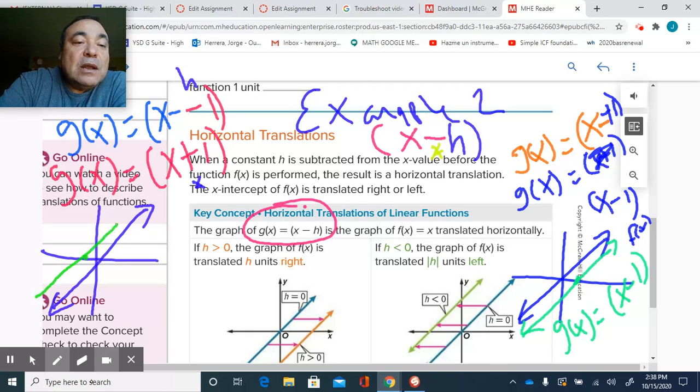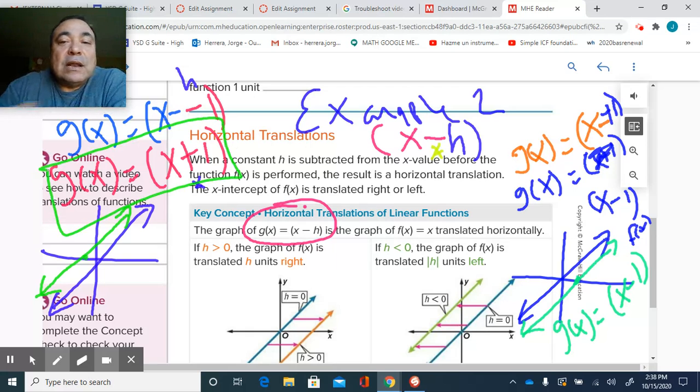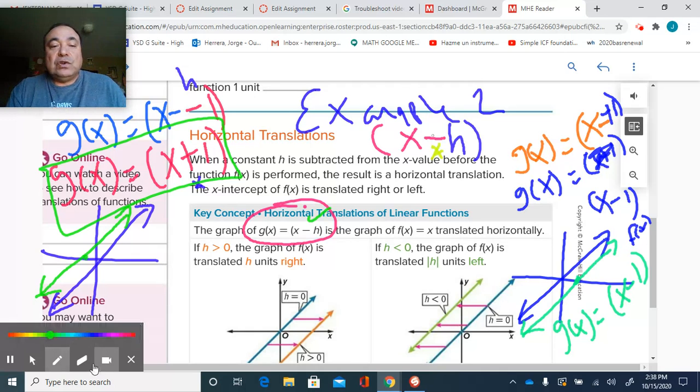So there I move to the left. See? This goes to the right, even though it looks like a negative right there. This looks like a positive, but it's moving to the left. It's one of those catch-22s where you need to be really careful because of the formula. The formula is this one right there, guys. It's x minus h, in which you leave the negative right there, and it plays a huge, huge role, okay? So with that in mind,